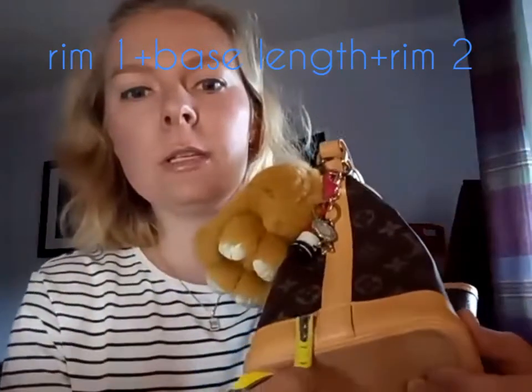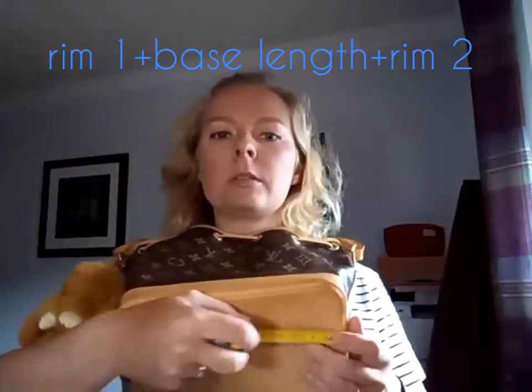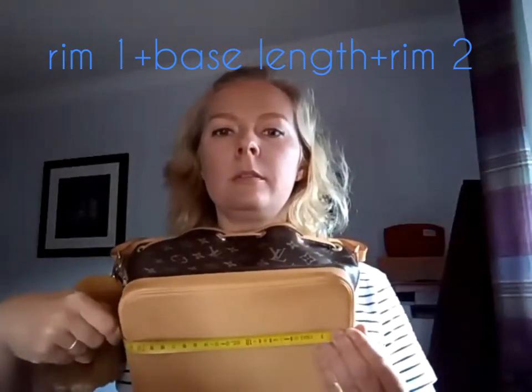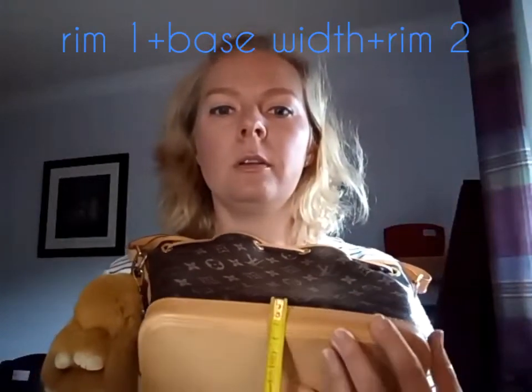You take your bag, okay, base protector off, and you measure, and write it down because you don't want to get confused. You measure this part, okay, then you measure the long part, okay, and then you measure the other side again, and you add it all up. Okay, now you do the same thing the other way. So you measure this part, and this part, and you add them all together, and what you come up with is a rectangle or a